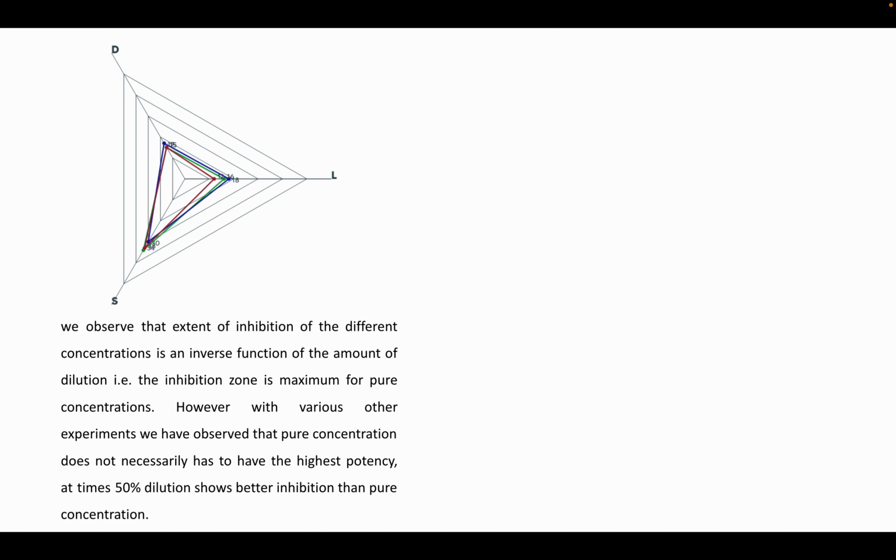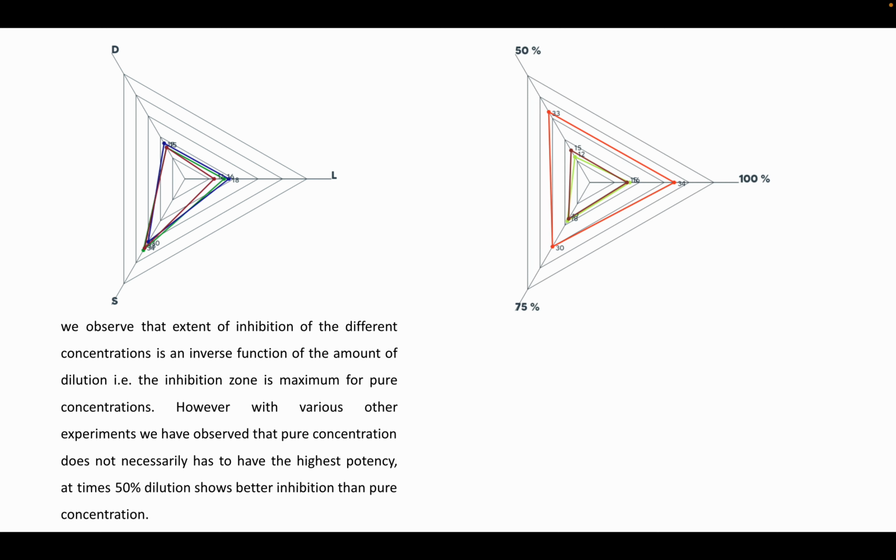the zone of inhibition is maximum for pure concentration, and all the three disinfectants almost show similar zones of inhibition at different concentrations. This is the inference from the data that we have acquired after doing the swab sample, and also comparing with the previous experimental data. But we have come to another conclusion that